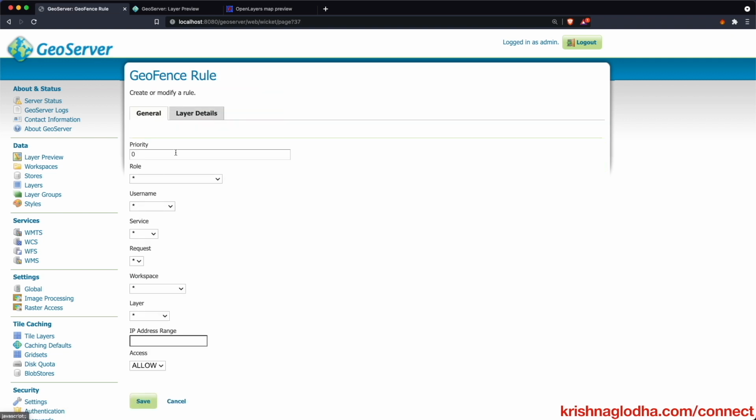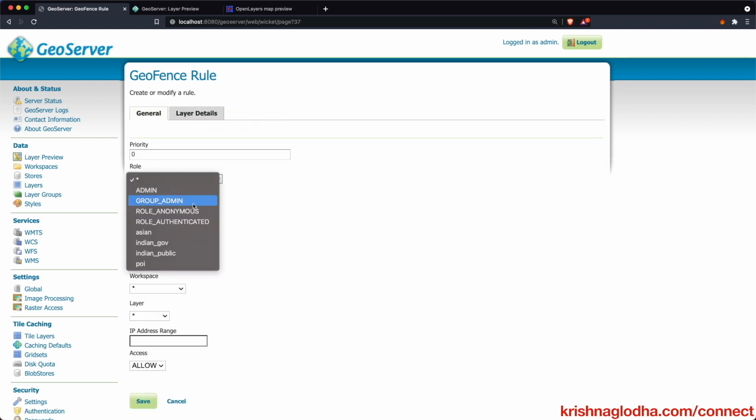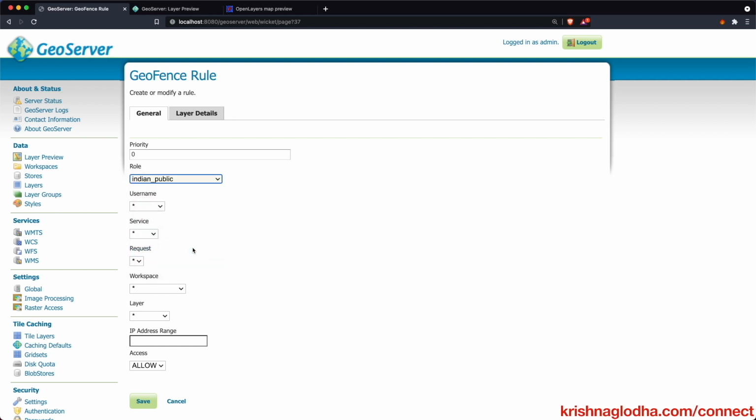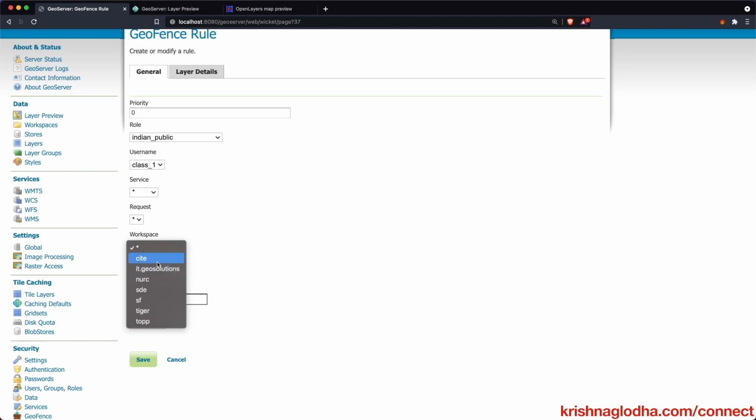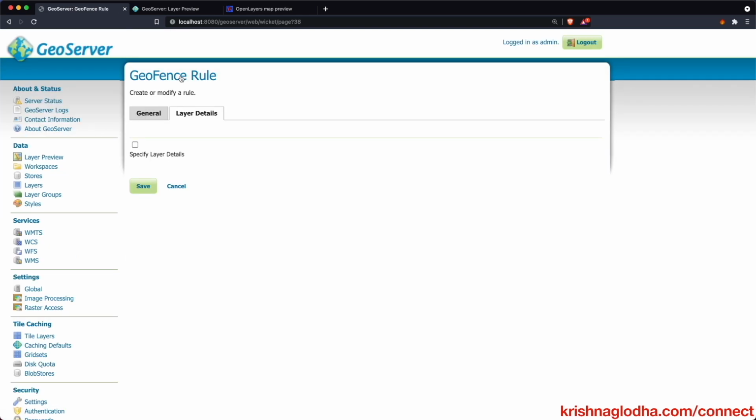I will now simply go to the rule one more time. I will select now the Indian public, and now I won't keep the star for now. I also have to define different rules for these two users. So I will first select class 1, and then inside service I can select what service I want to deal with. In this case I want to deal with all services, all requests, and then I will go to the site and then select layer one more time. Now I will head over to layer detail,